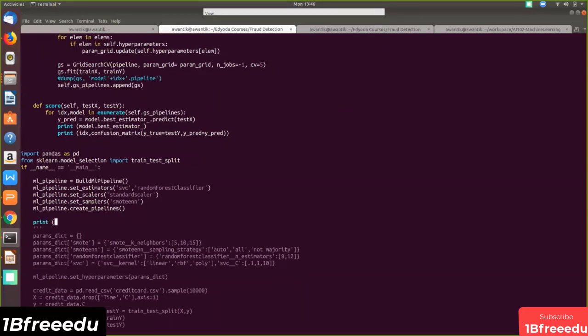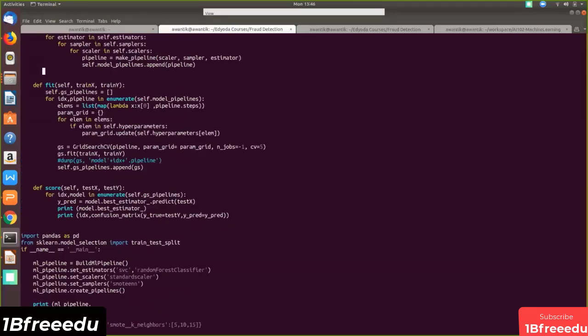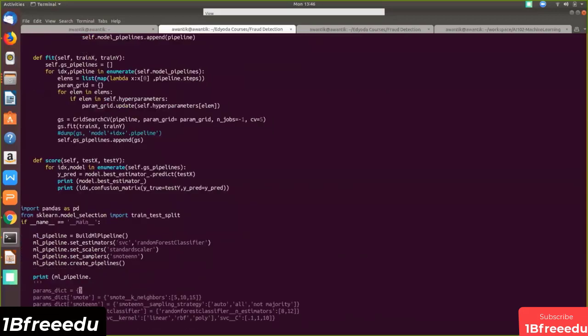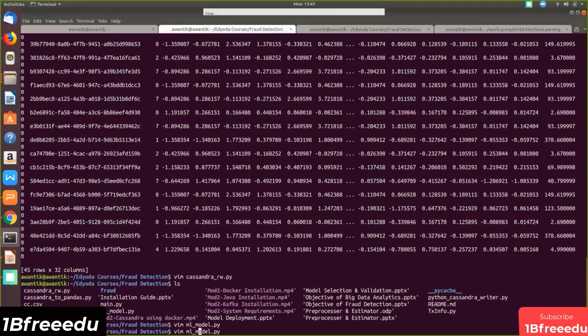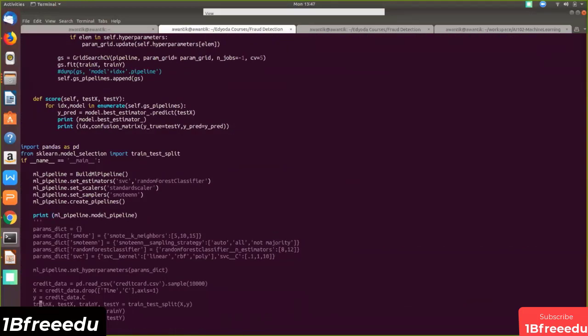Print ml underscore pipeline dot model underscore pipeline, right? Model underscore pipeline. I've commented the rest of the stuff.